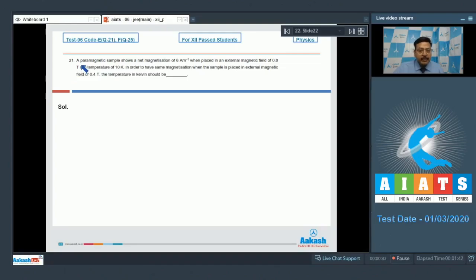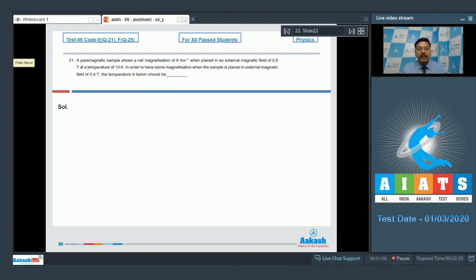Question 21 says a paramagnetic sample shows a net magnetization of 6 ampere per meter when placed in an external magnetic field of 0.8 Tesla at a temperature of 10 Kelvin. In order to have the same magnetization when the sample is placed in an external magnetic field of 0.4 Tesla, the temperature in Kelvin should be. Well, the question is from the topic magnetism and matter, and we know that for a